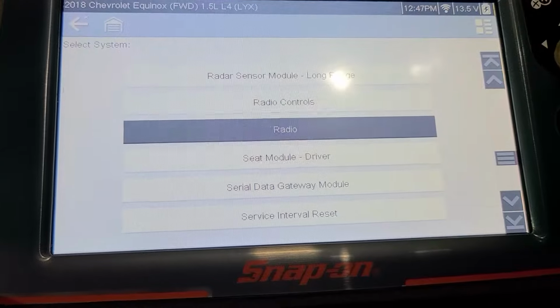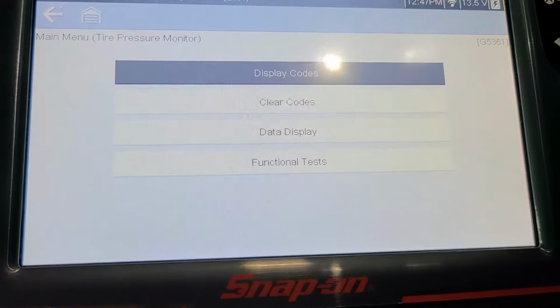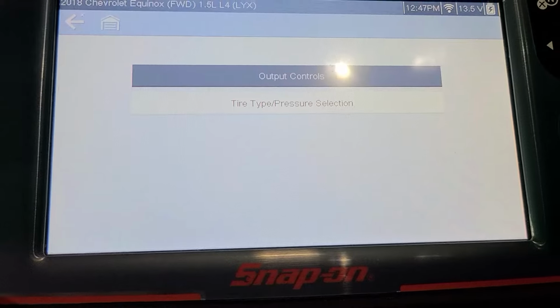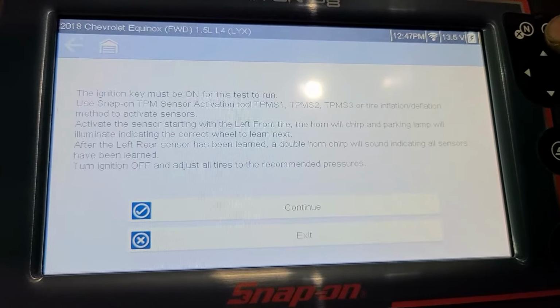Where is it under? Well, we're in the S. Let's go tire pressure monitor. So now there should be a function, learn mode. So once we enter this,